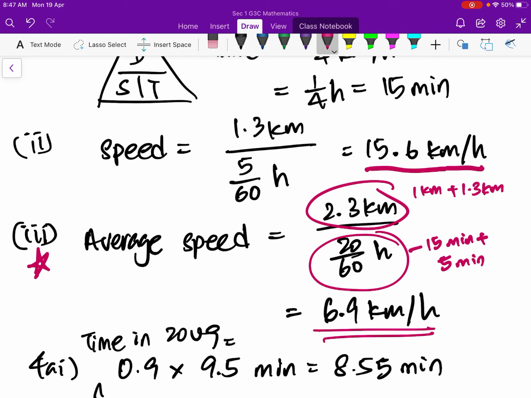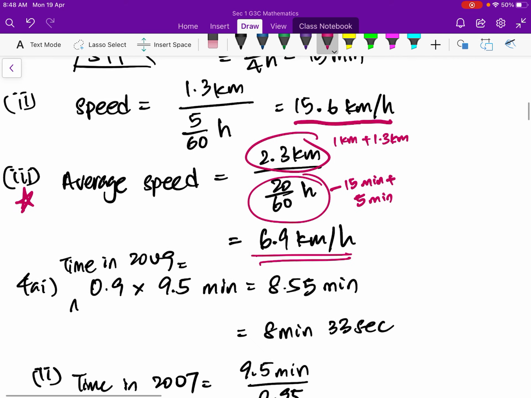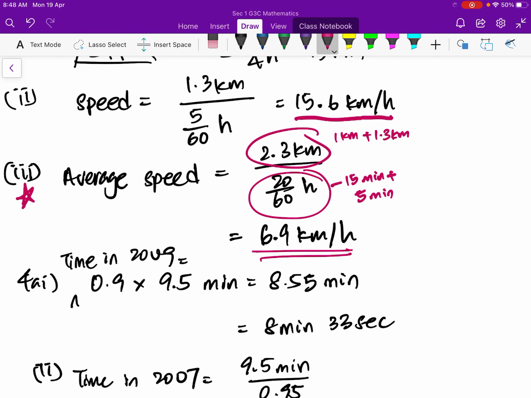I emphasize again, average speed is not found by first speed plus second speed divided by 2. No. And in addition,